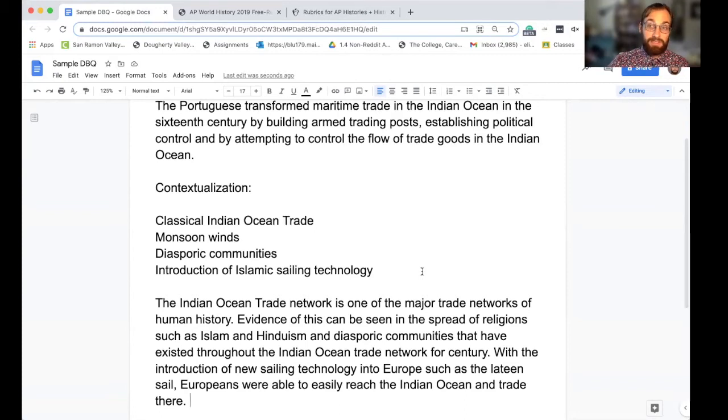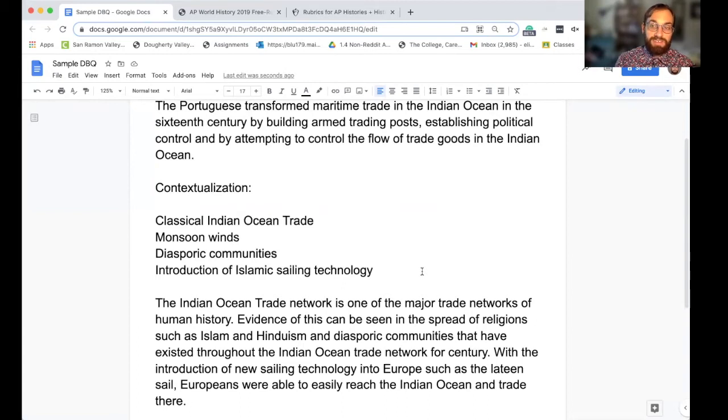We've given very specific examples that have talked about sailing technology, because we are talking about maritime trade. We've also talked about the Indian Ocean. We've given some of the background of Indian Ocean trade that has led up to the prompt. Like I said, this might be the most difficult of these 4 particular points, because you do have to know a little bit of information outside of the time period. So this could be a little bit difficult.